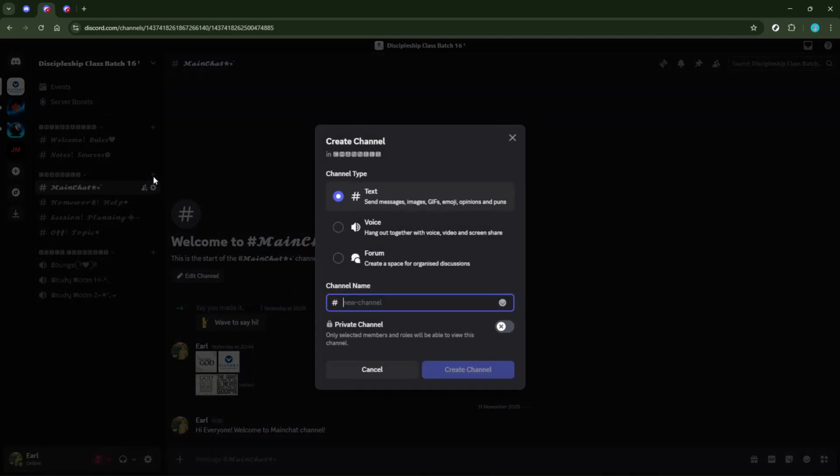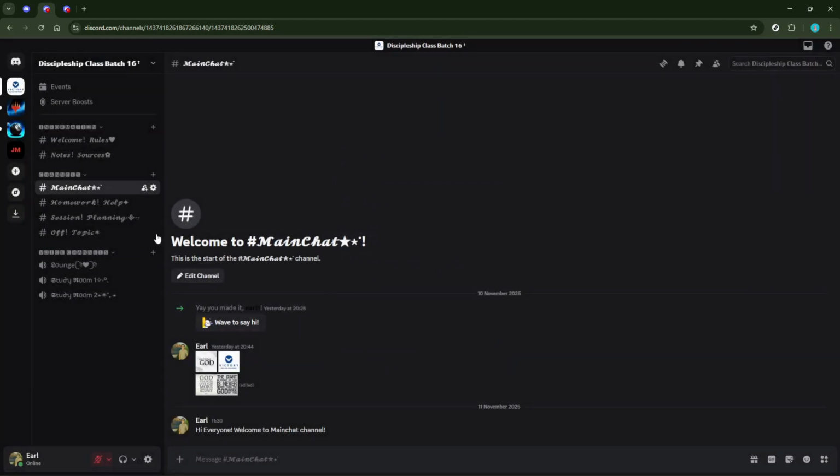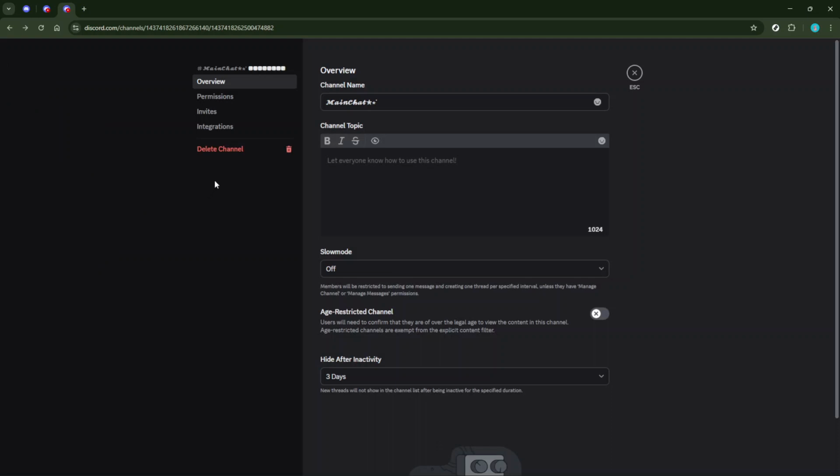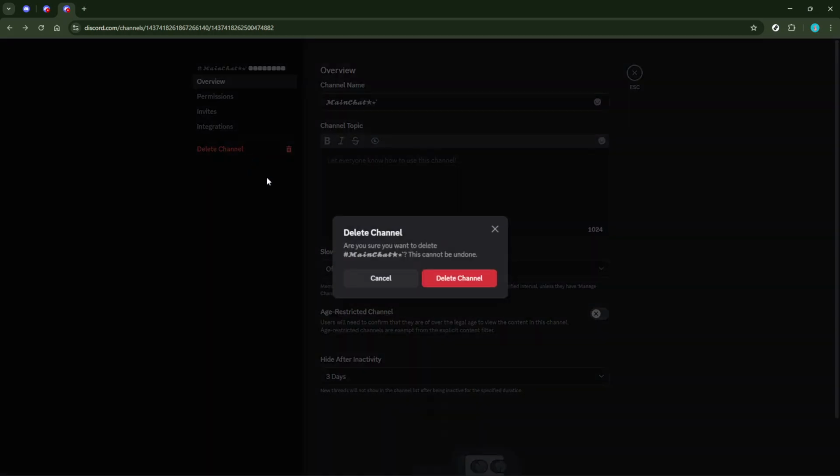To do this, go to your channel settings. Once you're in the settings, look for the Clone Channel option and click on it. Discord will create a duplicate of your channel, maintaining all settings and permissions, but without any of the messages. After ensuring that everything is set up the way you want it, you can then safely delete the old channel, effectively wiping all previous messages clean. This approach is particularly beneficial when you need to bulk delete messages and are dealing with channels that have accumulated a significant amount of chat history over time.